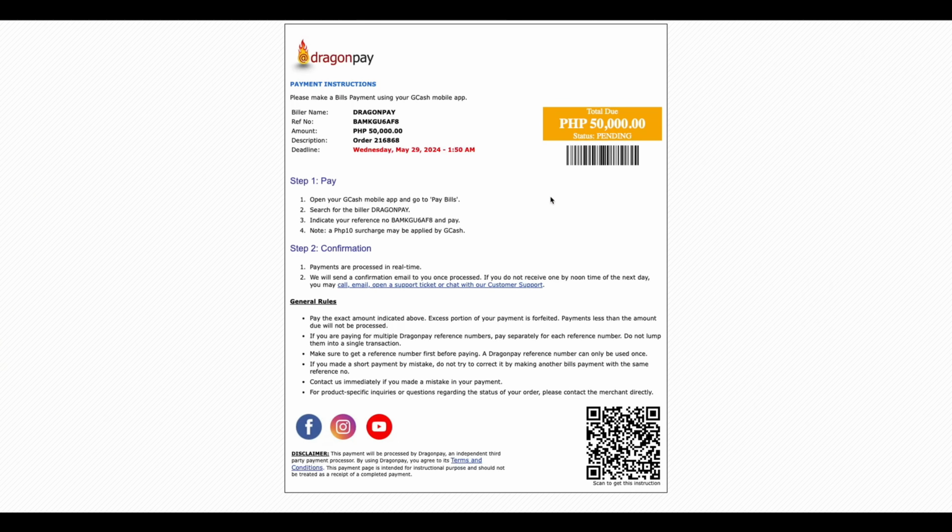So, ito yung gagamitin natin. So, yung reference number, yung amount. So, may step naman, no? Open your GCash. So, open ko muna yung GCash. So, punta kayo ng GPay bills. Search biller, DragonPay. Okay, then indicate your reference number. Reference number natin is